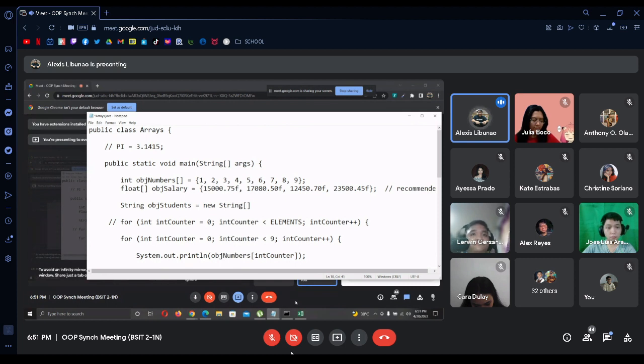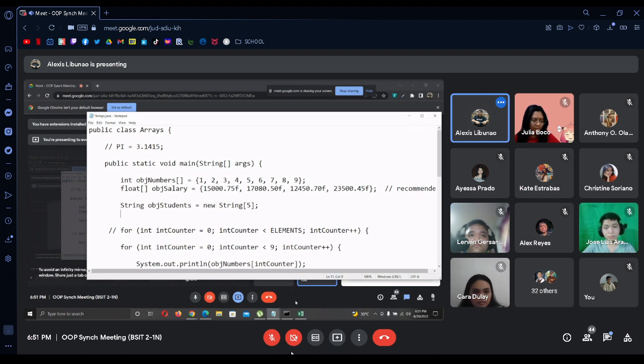Let's make it five only. And then you can only do this using a wrapper class, the new. And let's say,